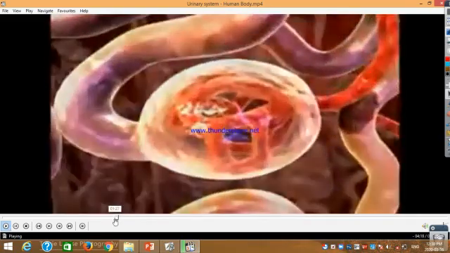Each kidney contains more than one million nephrons. Each nephron consists of a glomerulus and a system of tubules. The glomerulus is a unique high-pressure